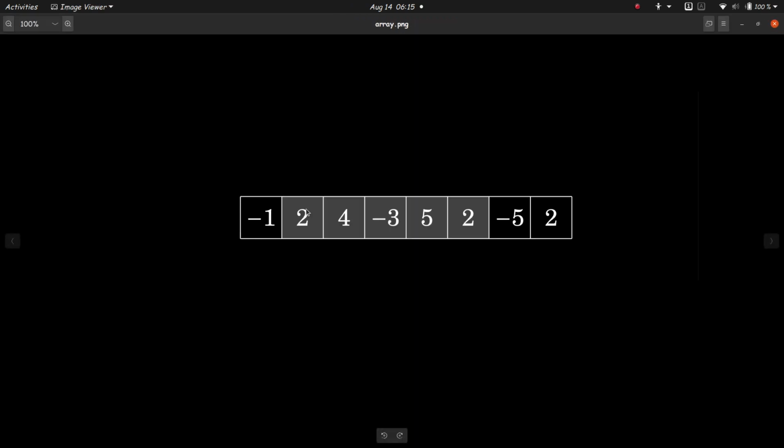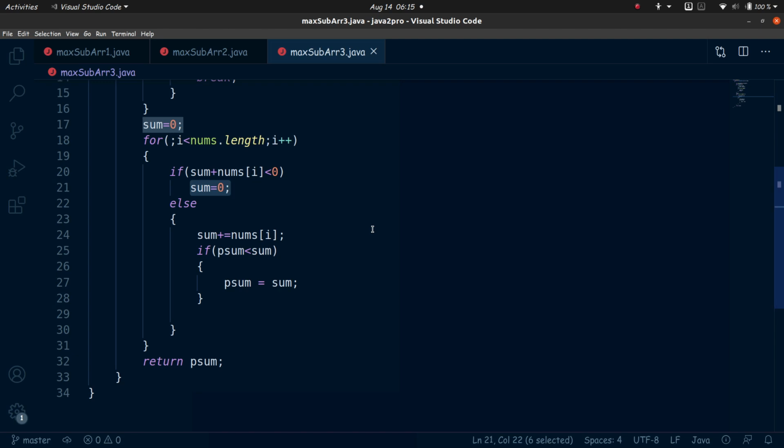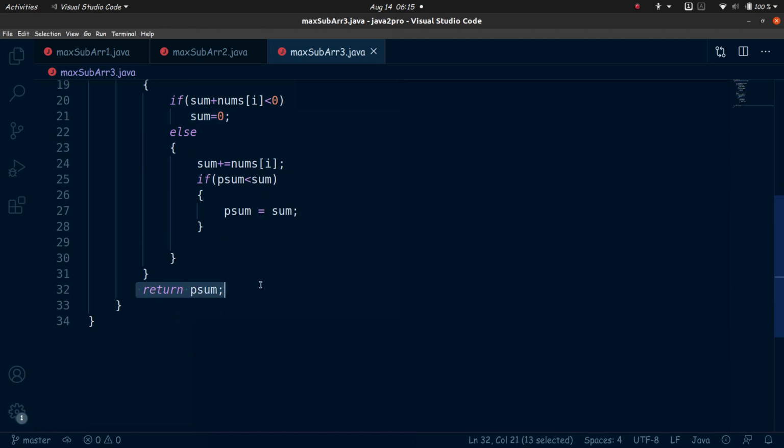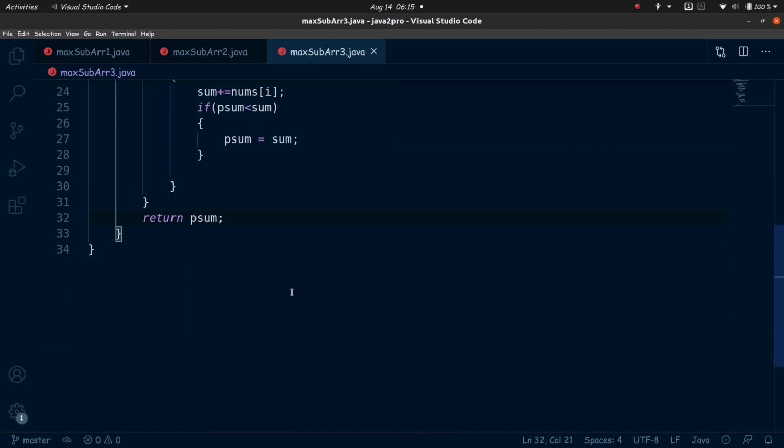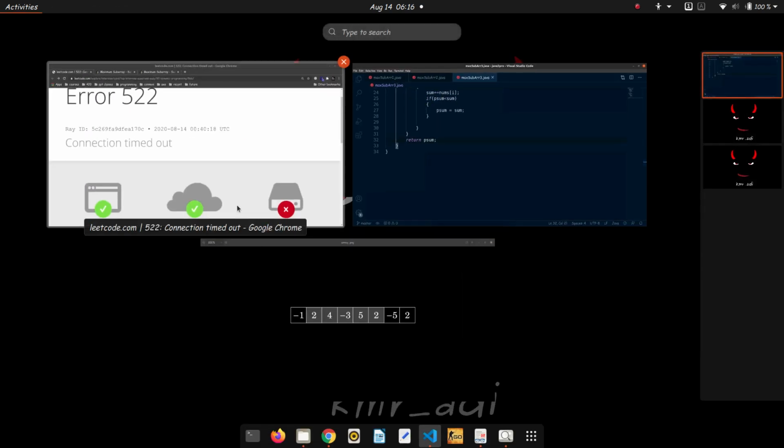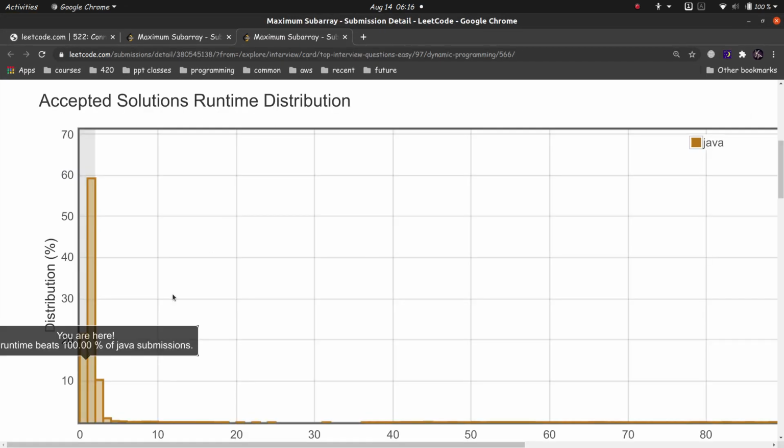That is, here if this were a -8, then we don't consider this element as the ending element. We are only finding the ending index, don't forget that. So that will give us p sum, and then we return p sum, and that is the solution of the program, and this is the 100% solution here.